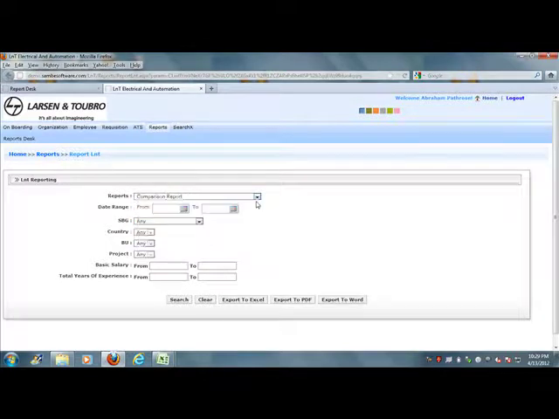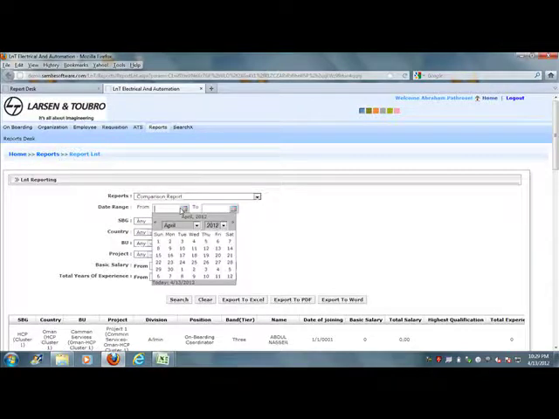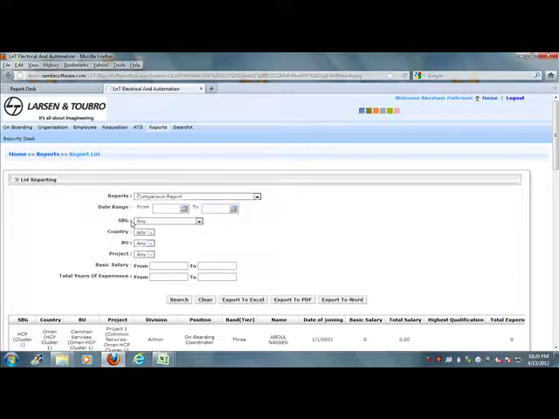Select the first report, comparison report, and search. The date range will help you to search a report within the date range. SBG will help you to select the drop down of the reports which fall under SBG.